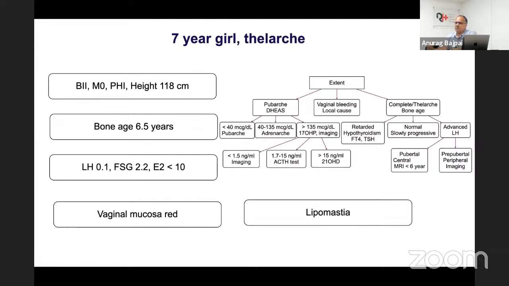So this case I've already discussed: never unnecessarily work up a case of precocious puberty unless you've excluded lipomastia. So you palpate the breast, the areola area, using your thumb and finger, approximating it. Only if there is a resistance, do an evaluation. Otherwise, you will have a significant anomaly. The second case of low estrogen, in which it was said this is not precocious puberty, gives you a message to look at the vaginal mucosa. If vaginal mucosa is pale, this suggests this is clearly an estrogen exposure, and estrogen levels may not